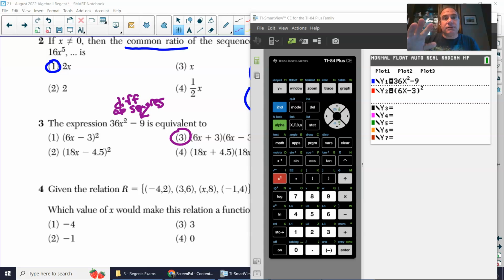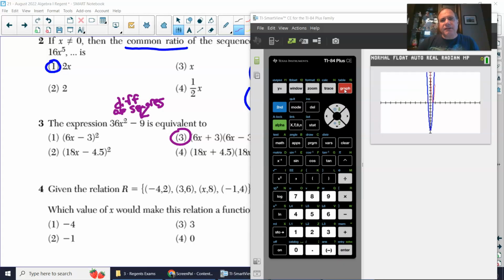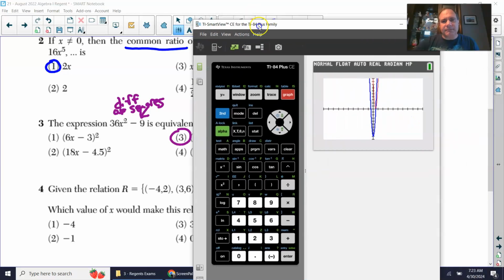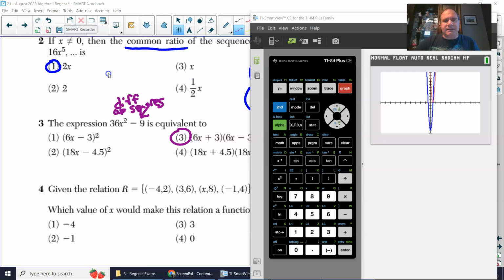If you don't know how to factor, or if you don't know that it's the difference of squares, just put it directly into the calculator as y1 and y2, and then you could press graph. Once you do that, you can tell right now that the graphs are not the same. So if the graphs are not the same, that means that's not the answer. So if you go back to y